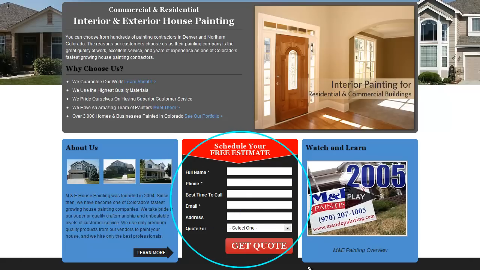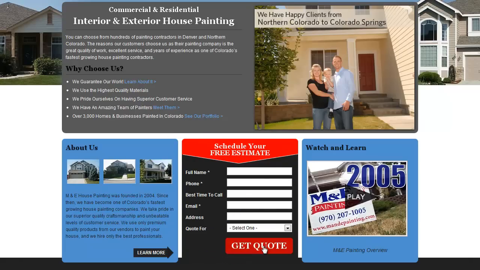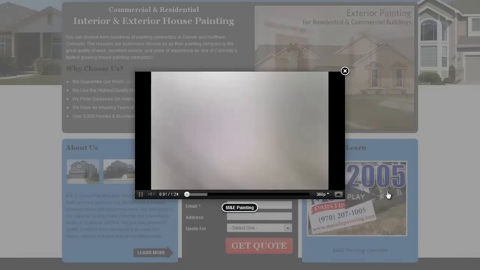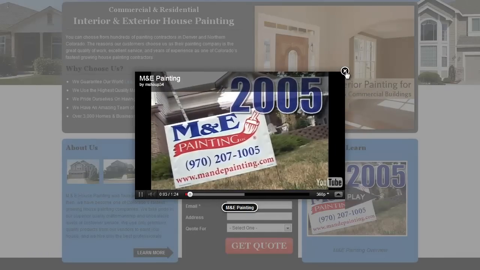This one is nicely laid out as well. It has everything where it needs to be. You can watch a video. You can look at the About Us to learn more. Less than 6 years after our inception in 2005, what this company is about.